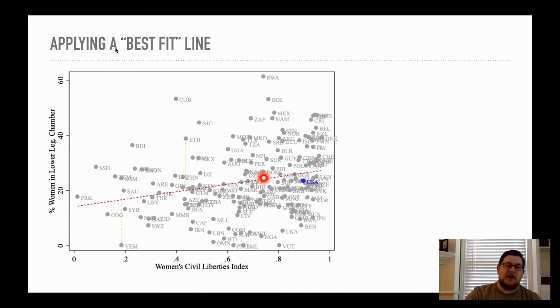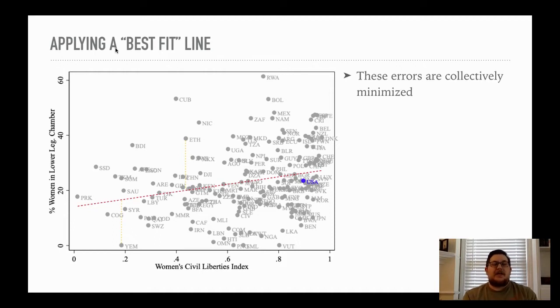Sometimes we'll have errors above the line. So Rwanda is a really high outlier here. It's a really high error. In fact, Cuba is a really high error here as well. Burundi is another example of a really high error. And then we've got some really low errors: Vanuatu, for instance, down here, Benin right here, Japan, actually. The US, we're actually pretty close. The difference between our predicted value and the observed value for the US is pretty close.